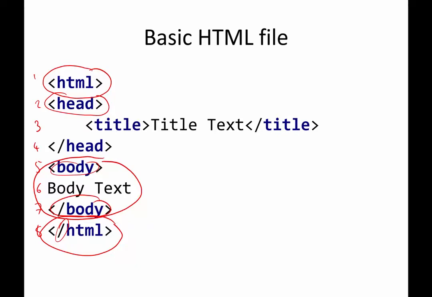And there'll be specific tags to include an image. There's one called image source, and then you basically say what image you want. You could have a list, an ordered list or an unordered list. There are lots of tags that you can use. And we'll look a little bit at HTML.